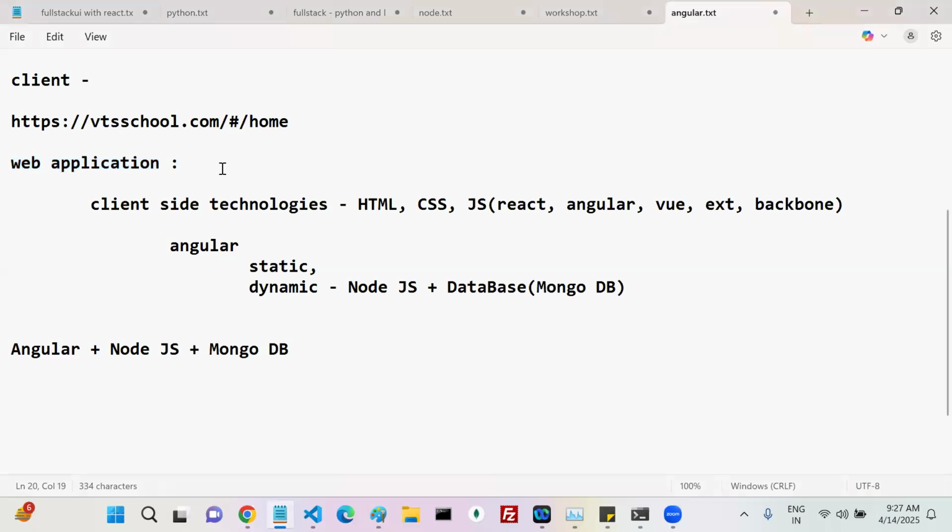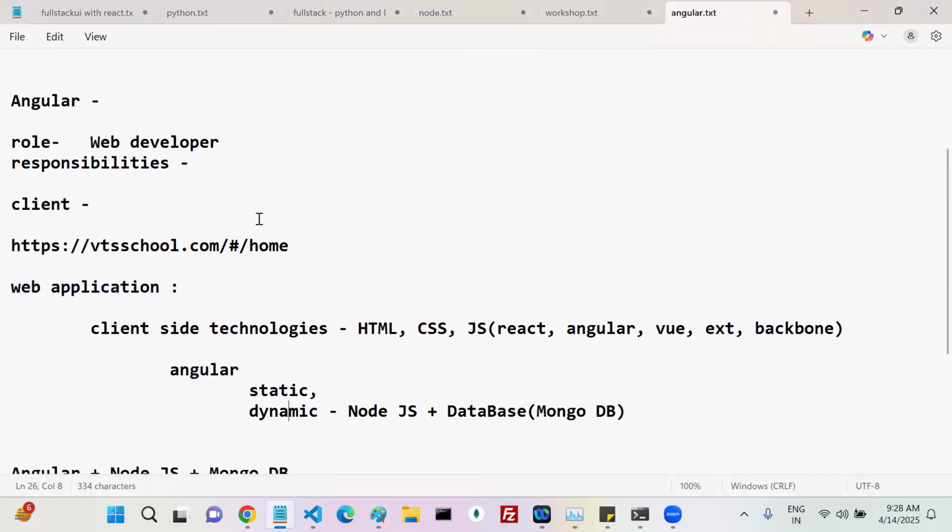Understood? So why do we go for Angular? Using Angular, whether static or dynamic, whatever it may be, we can develop web applications. If you develop web applications, your role is web developer. If it is only static, we develop only the client side part, so you are a client side developer, or a front end engineer, front end developer, or Angular developer.